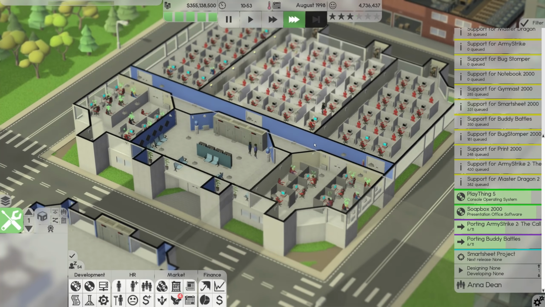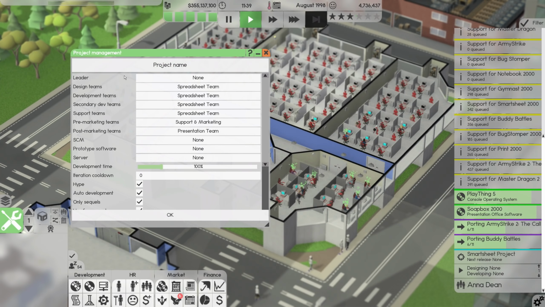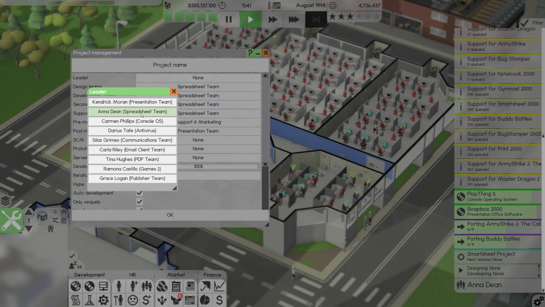So we'll get that going and that'll be fine. I am curious though about what else we can do. So we did spreadsheets. We can do presentation. We can do consoles, which is exciting. We should probably try and do most of these. We can also automate games at some point. But I think we'll go for spreadsheets and I think antivirus is another good one to look into at the very least.